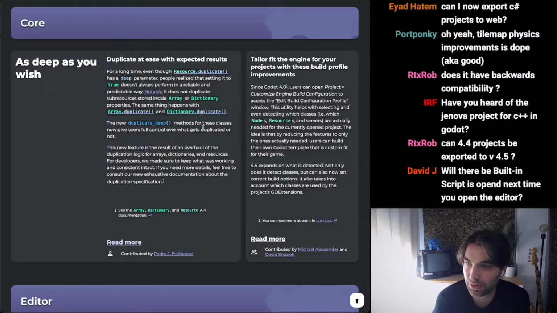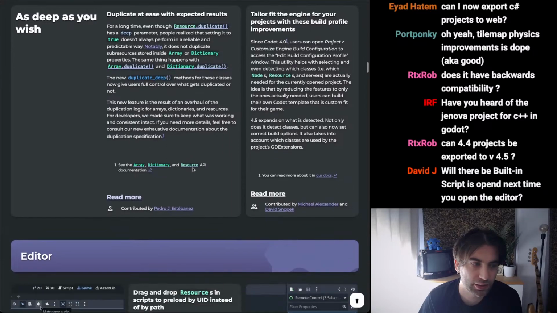Will there be built-in script open next time you open the editor? I don't understand that question, David. Have you heard of the Genova project for C++ in Godot? I think I have, but I'm not that deep into it. Is that one for running C++ on Godot games? I'm not sure if you want to link it here. Either way,